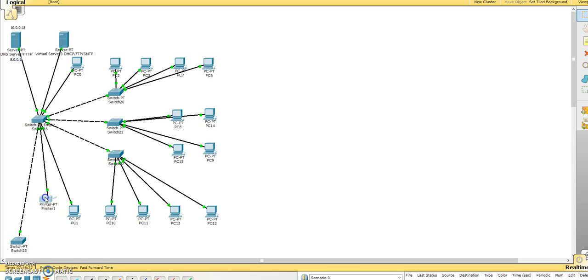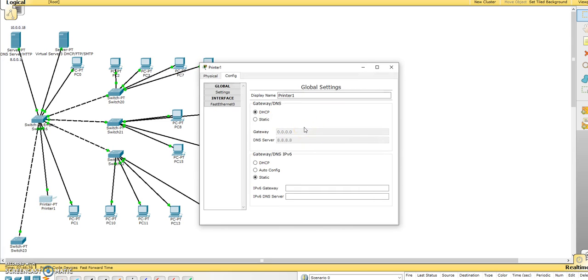Here we have printing services, also set to DHCP. This is in the head office. I guess it just saves on funds and lets the managers know what their employees are up to. This is what